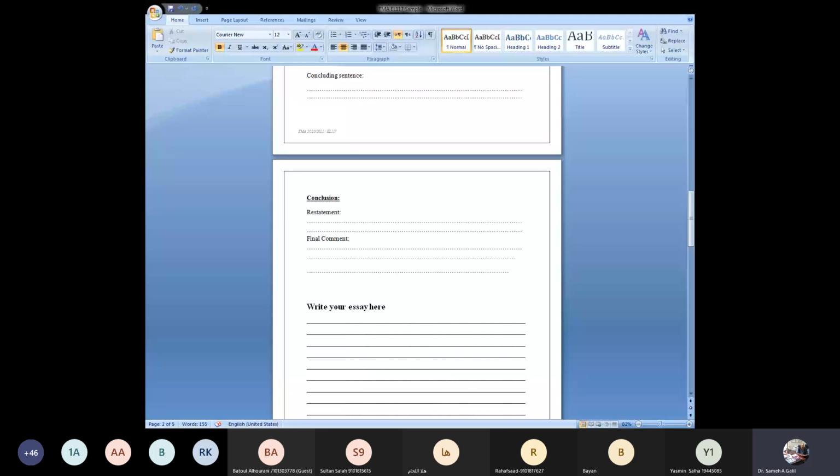But even before doing that, I would like to revisit some of the essays that you have done, and perhaps make an outline out of one of them, so that you can have a sense of what an outline is and how you can do it. Perhaps we can go to